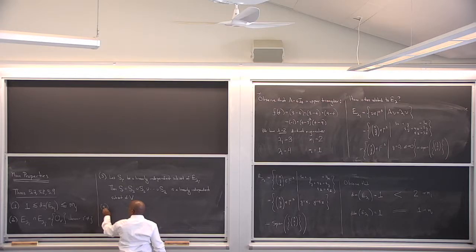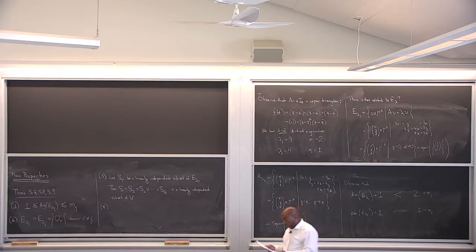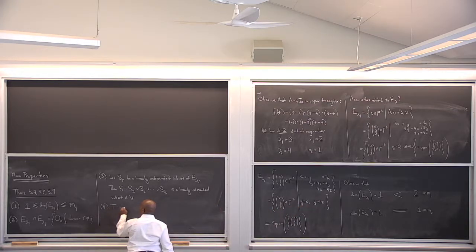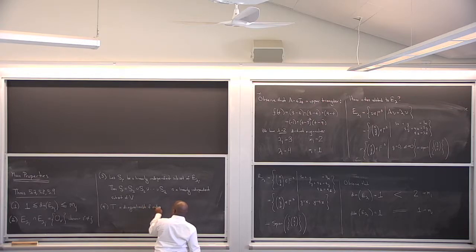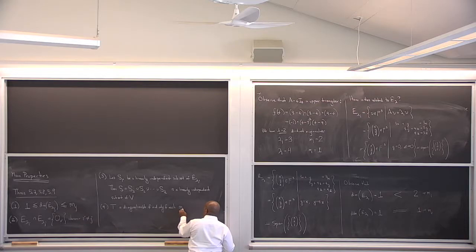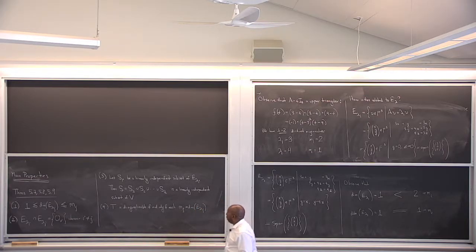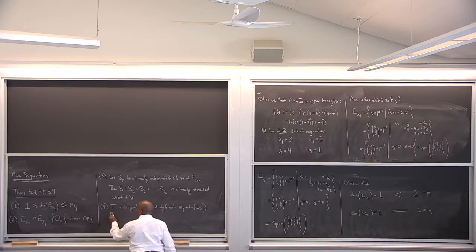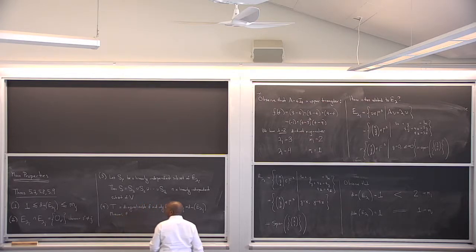Now the last part here answers our motivating question from before. T is diagonalizable if and only if each m sub j is the dimension of each E lambda sub j. Remember that this dimension is less than or equal to this. So what this says is I have to have equality on the nose for each and every eigenvalue. Again, we'll try to do an example of this. So, moreover, if T is diagonalizable,